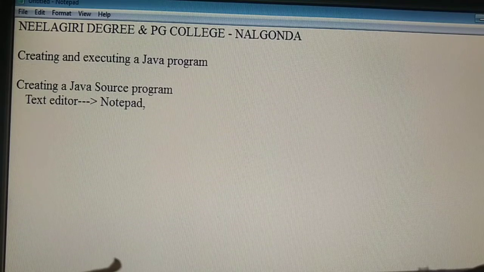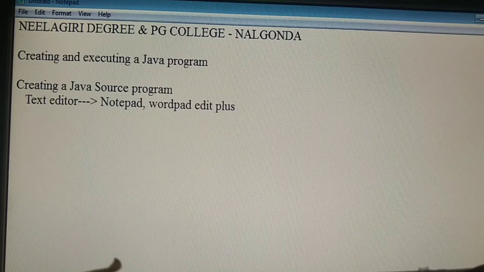We can use Notepad, or we can use WordPad, or we can use Edit Plus. Like this, there are several text editors. By using these text editors, we can create a source program.